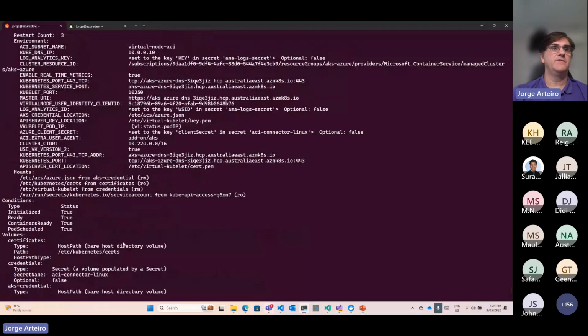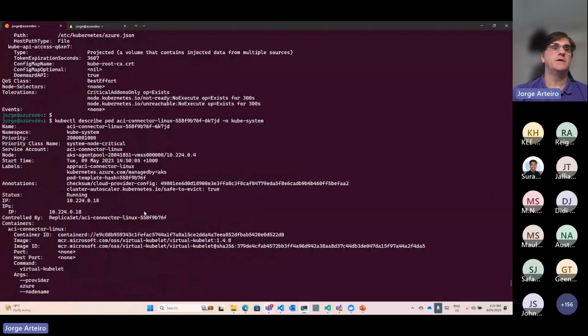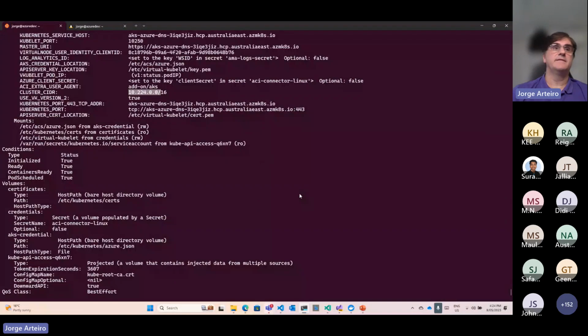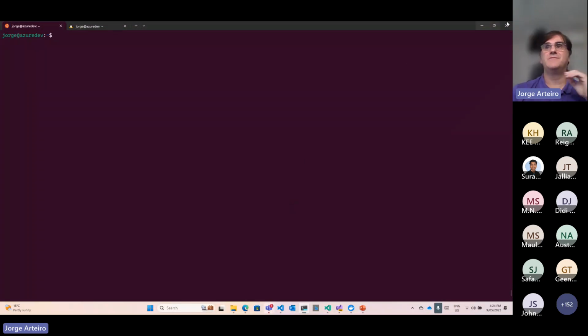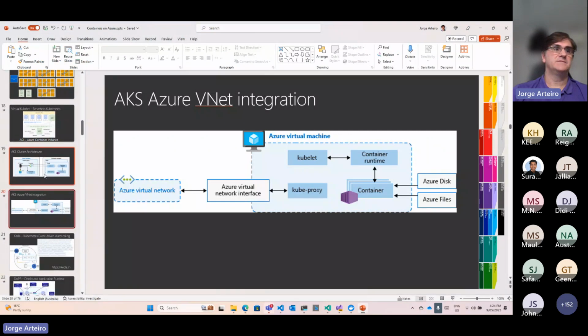But yeah, it gives all the information, IP number. That's the internal IP number of the cluster. In this case, it is an Azure Network IP number here as well. That's likely, but that's a very, very high level just for you to understand how to operate. Then let me go back to my slides.